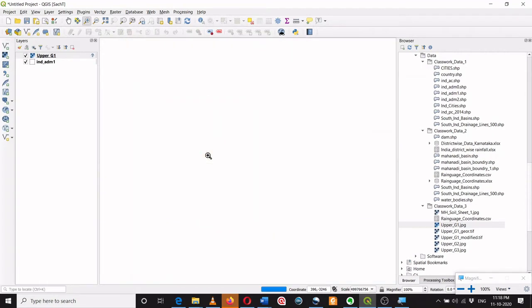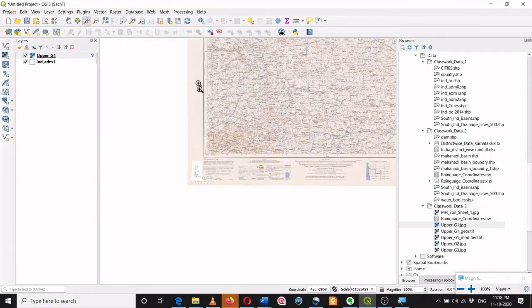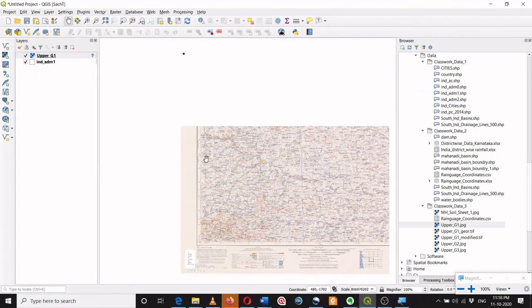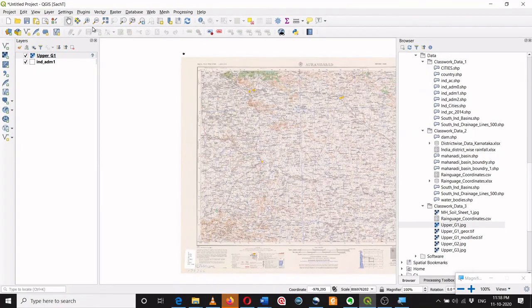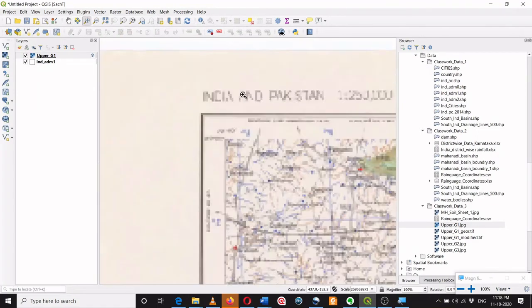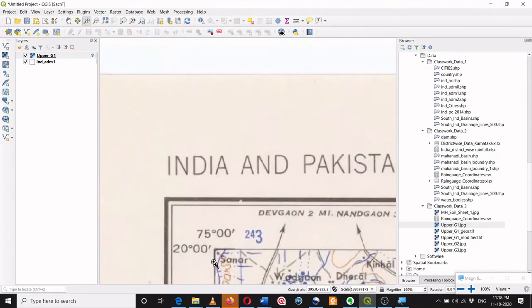I will zoom out and I will see over here it's 20 degree and 75 degrees. So the 75 degree is repeating, so the 75 degree is nothing but a vertical line which is longitude, and earlier the 19 degree was the horizontal line, so that was latitude, and this is 20 degree.